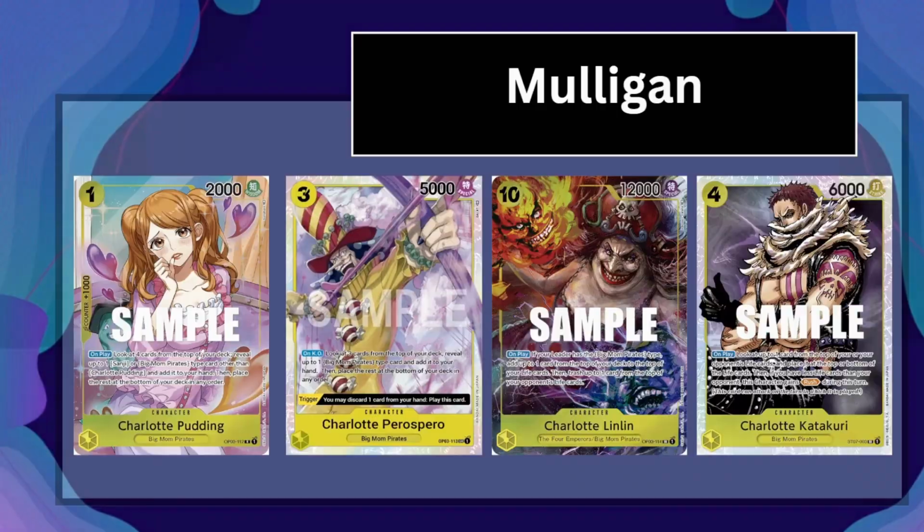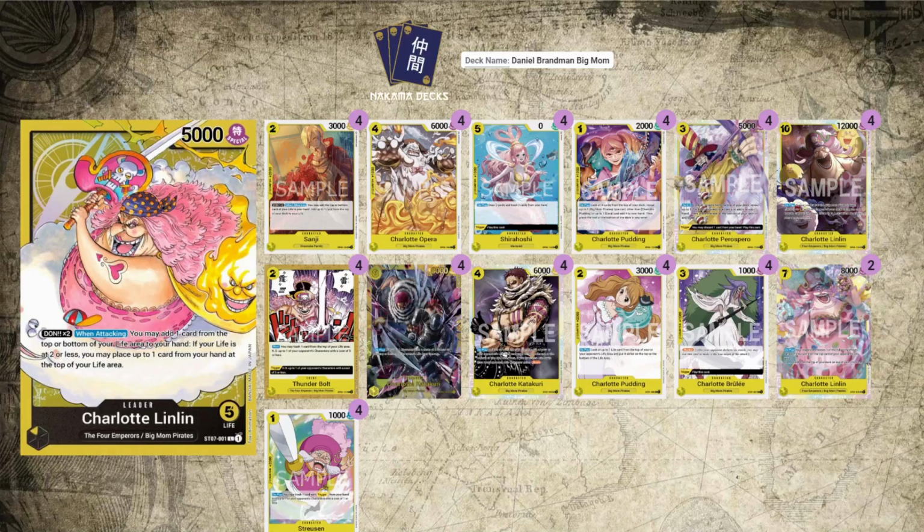Let's go back to the deck list. You see this card right here, the Shirahoshi. Her effect is: on play, draw 3 cards, and you draw 2 cards and trash 2 cards from your hand. 5 cost, 0 attack. You're not going to want to play this card from your hand unless you have a really bad hand. You want to trigger this card from your life. So let's say you trigger this card from your life, and it's now on the field, just taking up space. Well, with Katakuri,